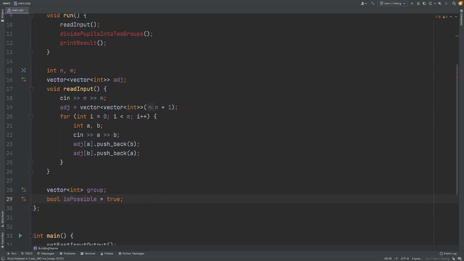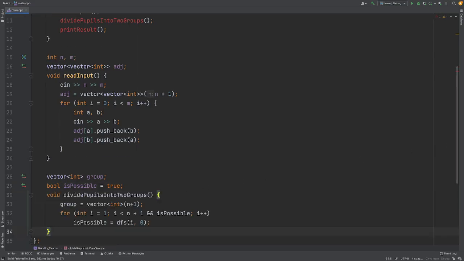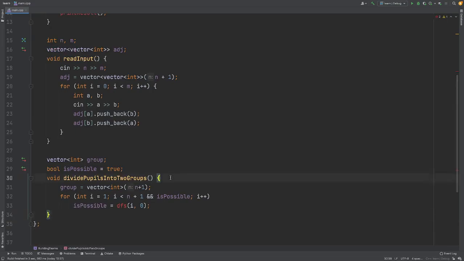Okay, so this function is going to look like this. Basically, like I explained in the conceptual overview, you're going to loop from the first node 1 all the way to the last node. And while it is possible to do so, you're going to use depth first search to assign the right group to each vertex.